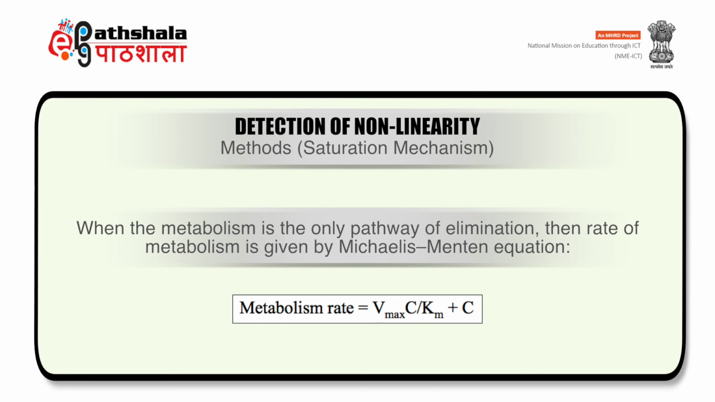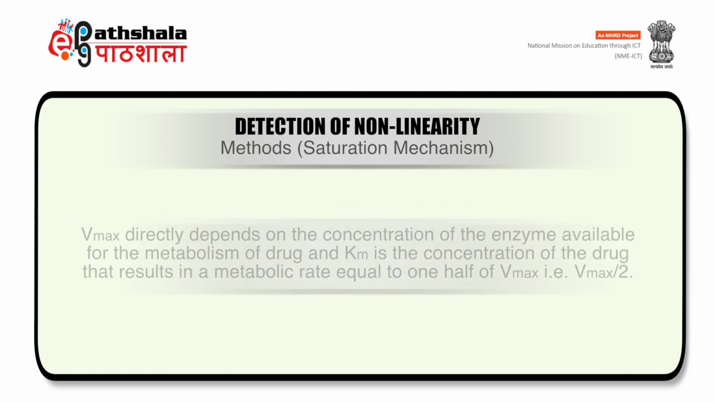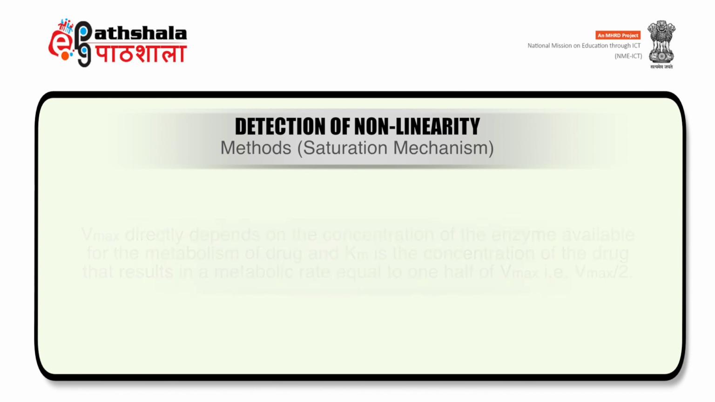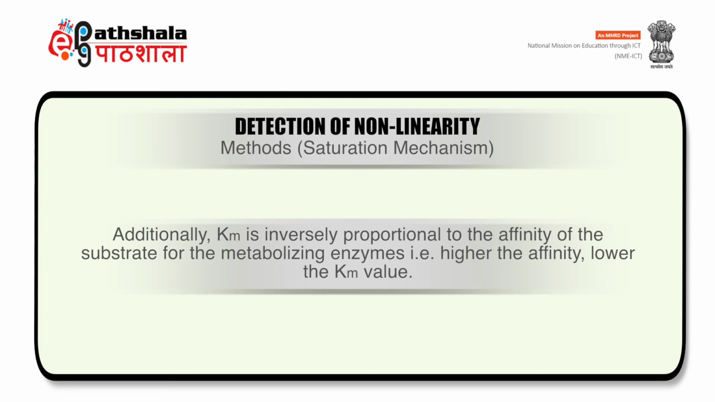The equation we have already seen: the metabolism rate is equal to Vmax C upon Km plus C. Vmax directly depends on the concentration of the enzyme available for the metabolism of drug, and Km is the concentration of the drug that results in a metabolic rate equal to 1/2 of Vmax. Additionally, Km is inversely proportional to the affinity of the substrate for the metabolizing enzyme,